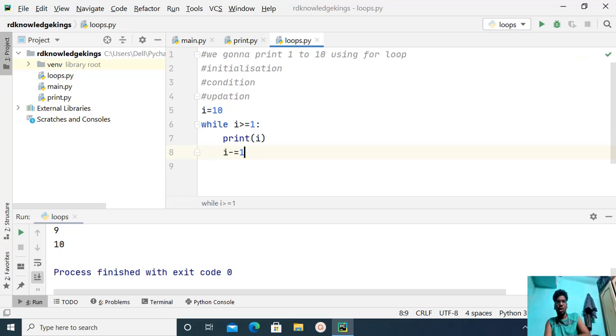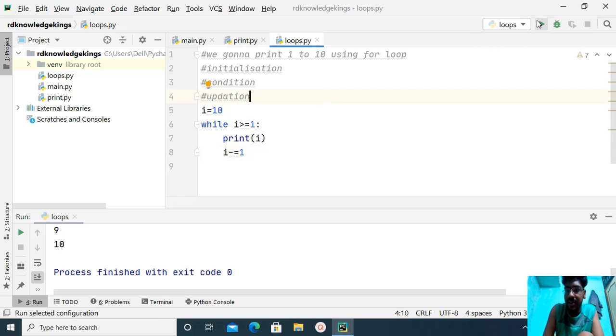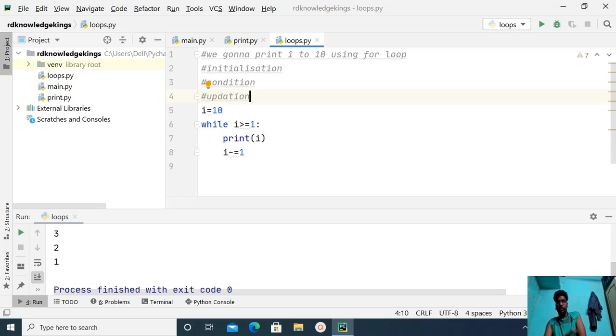Okay, so what this code is doing is, first I equal to 10. So the value 10 gets into this I, and it's going to check: okay, 10 greater than or equal to 1. Fine. So 10 will be printed, and it's going to decrement. So 9, and it prints, and 8, and it goes on, down to 0. When 0 comes here, 0 greater than or equal to 1, no, 0 is not equal to 1, and it's also not greater than 1, so this condition goes wrong, so the loop gets terminated. I'm running this code to show you, and it's going backwards, right? See here, 10, 9, 8, 7 goes on up to 1. So these are the 2 loops you'll be using in Python.